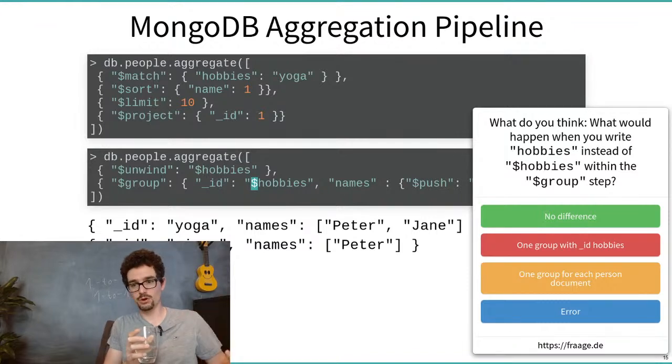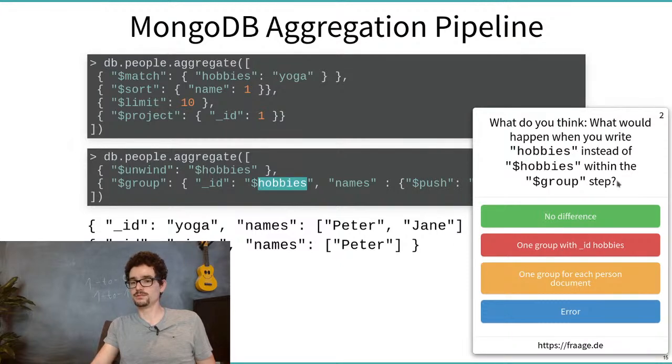You should know that it exists, that it is possible to do steps. It's not really necessary that you learn why there is a dollar here and no dollar there, but think a bit. What do you think would happen when I write here the ID is hobbies and not $hobbies